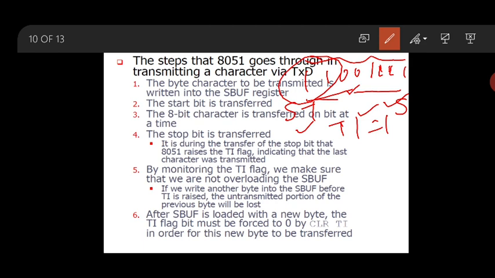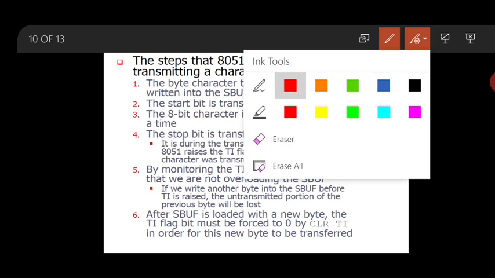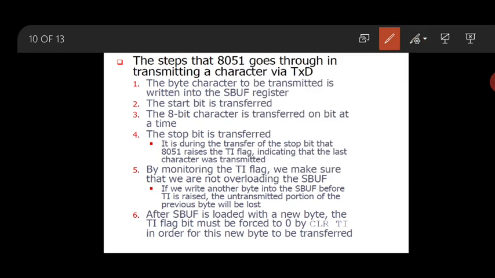That is the indication. That is the importance we can see. After SBUF is loaded with a new byte, the TI flag bit must be forced to 0 by clearing TI in order for this new byte to be transferred.